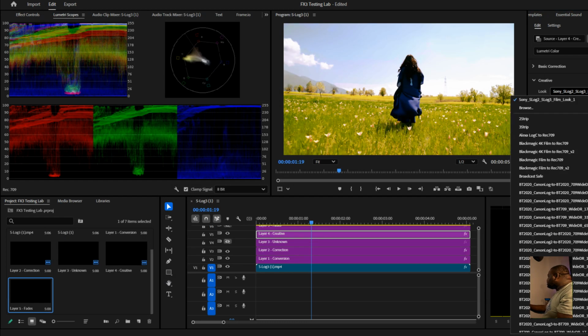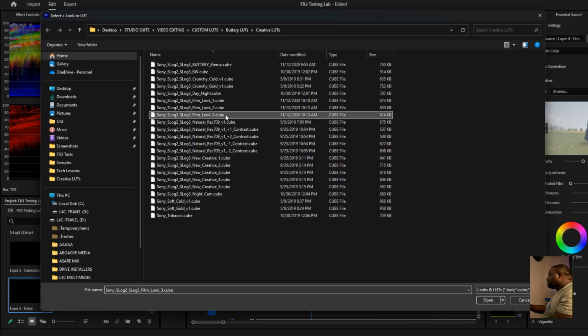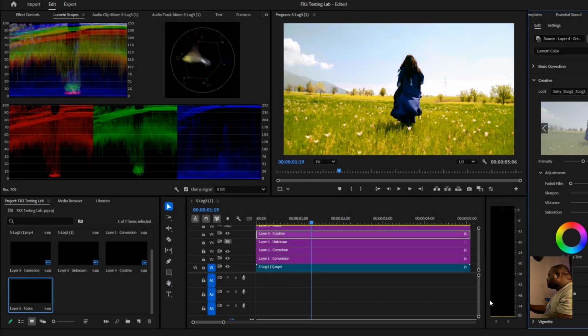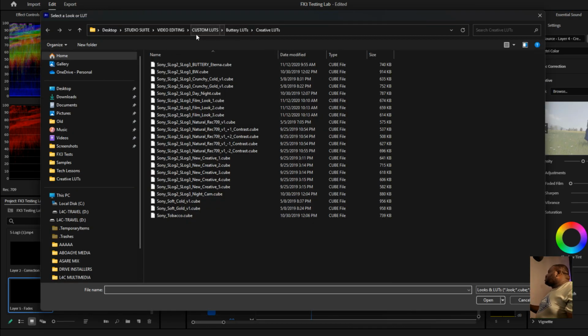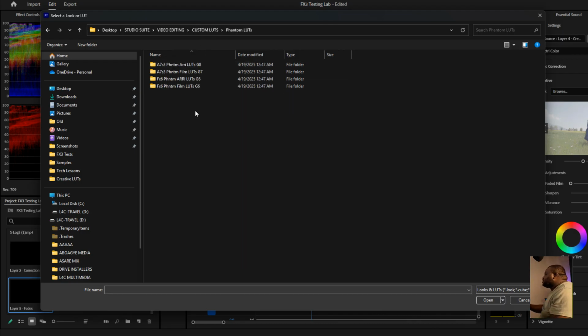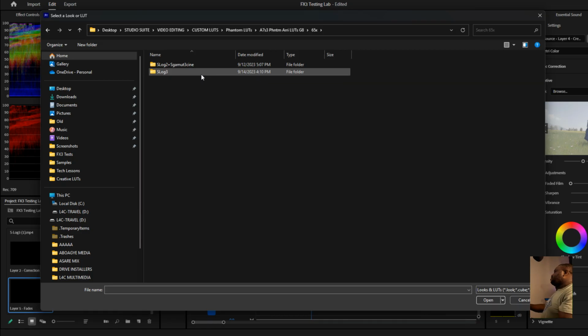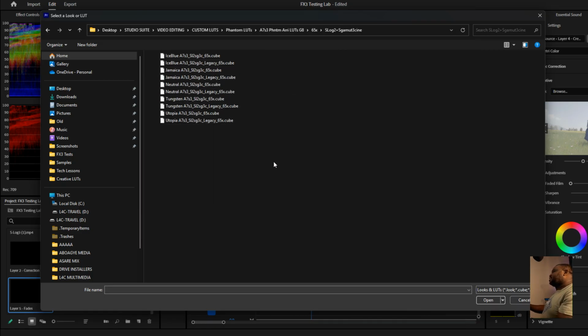That looks nice. Okay, let's go for look 3. Film look 3. Okay, cool. And all looks good. Okay, so remember I talked to you guys about Phantom LUTs, okay? And let's just say you were somebody who purchased Phantom LUTs and you're like, well, I thought Phantom LUTs